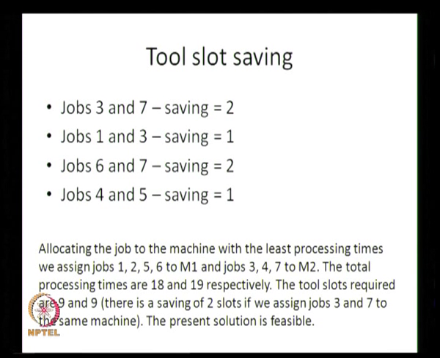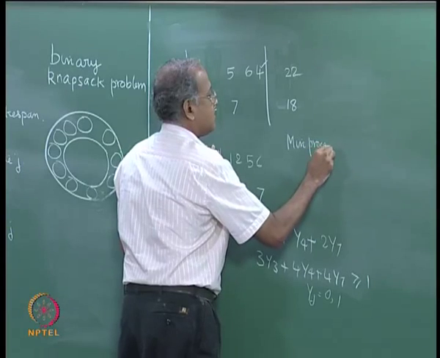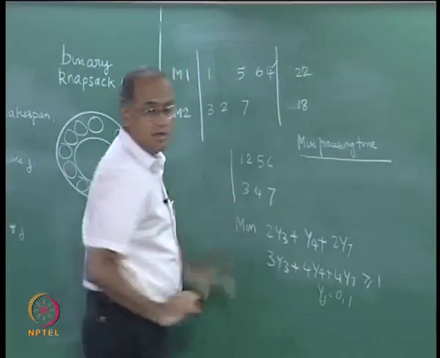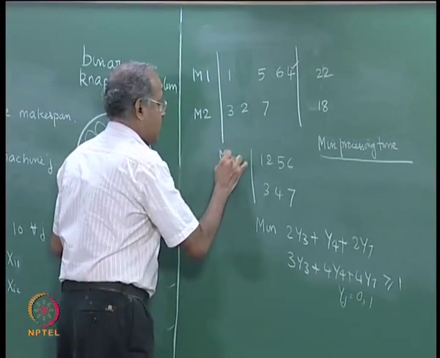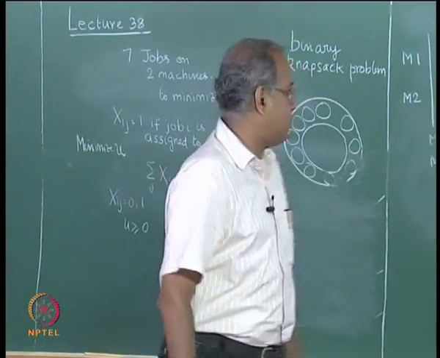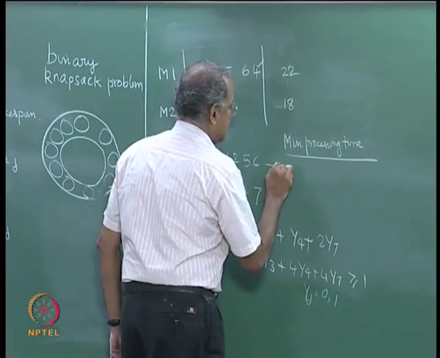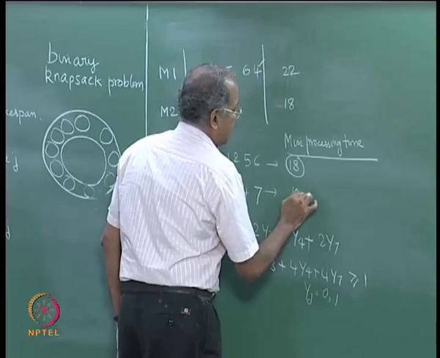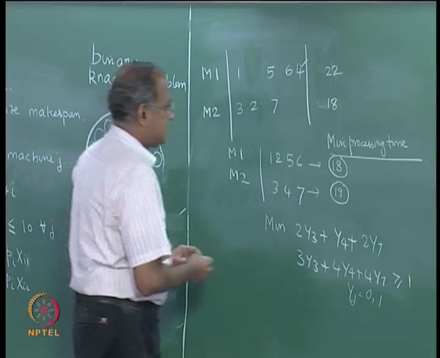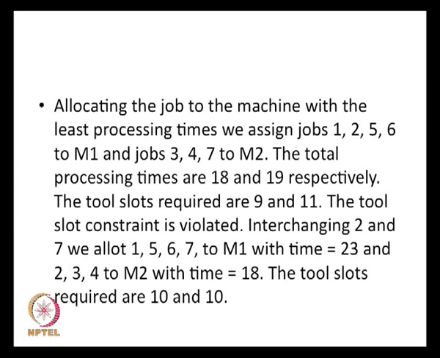Now let us go back to the same problem, and if we had allocated the jobs based on minimum processing time, we would have got 1 2 5 6 for M1 and 3 4 7 for M2. We also found out that this had 18 total time, this had 19 total time, and the tool requirement was 9 and 11. Now we said we are not able to implement this